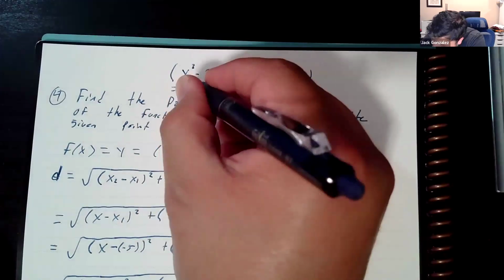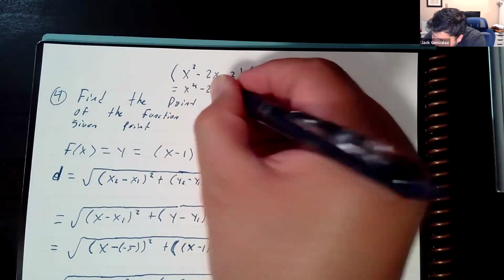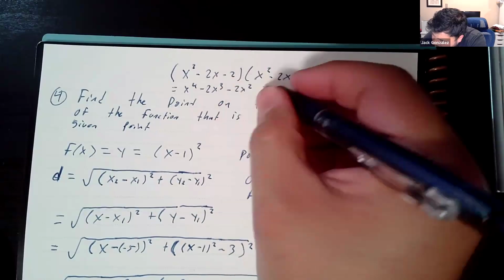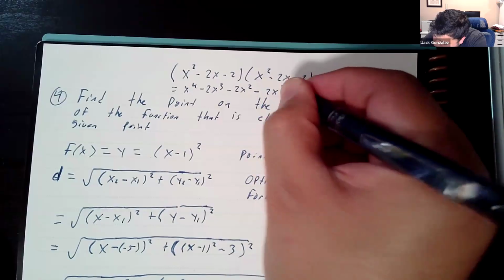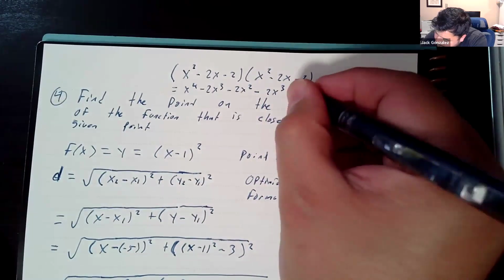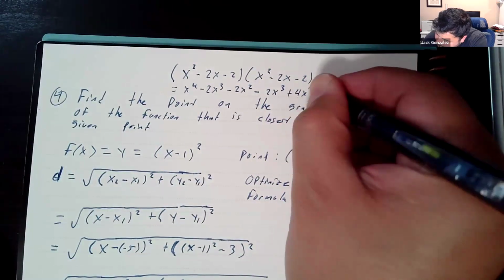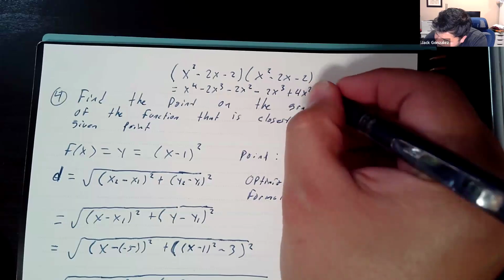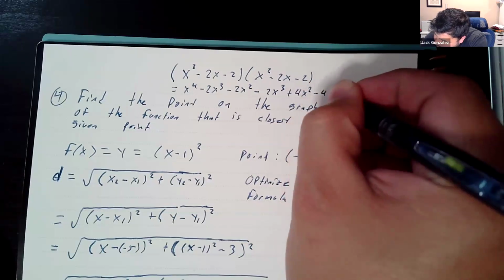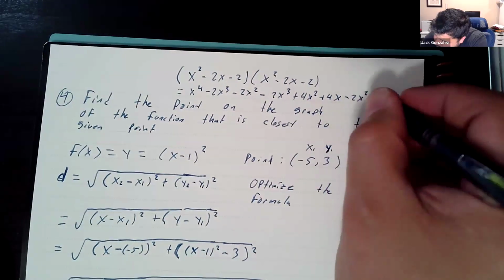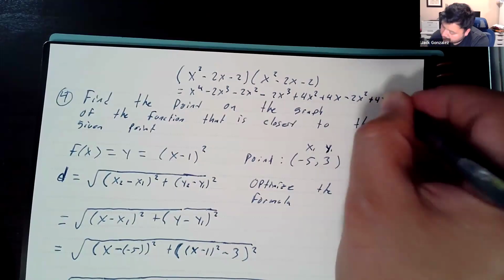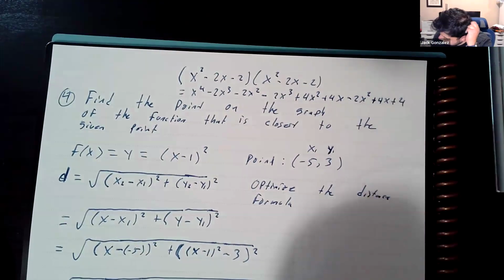Minus 2x cubed minus 2x squared, minus 2x cubed plus 4x squared, minus 4x plus 4x minus 2x squared plus 4x plus 4. And that should be